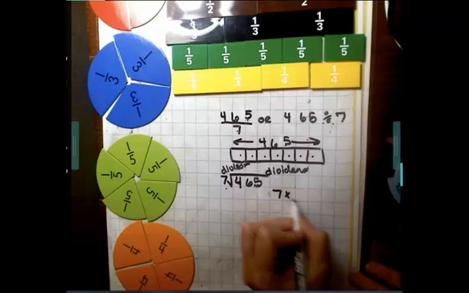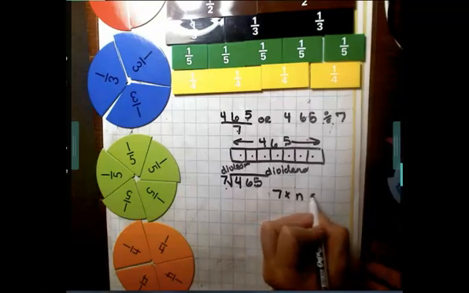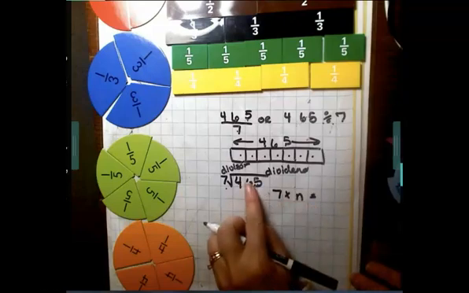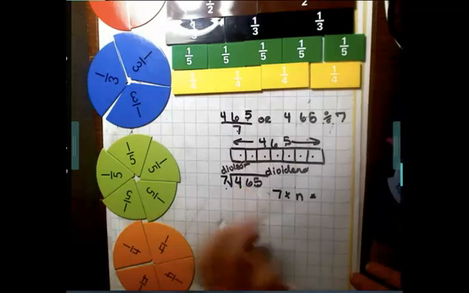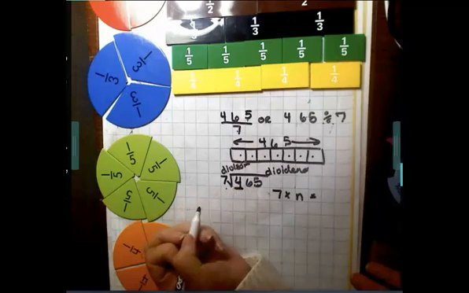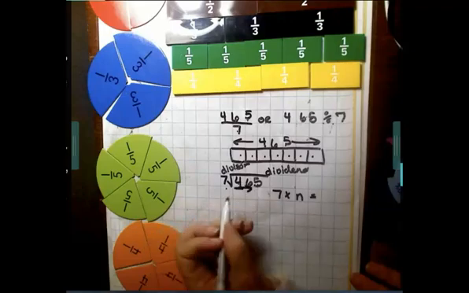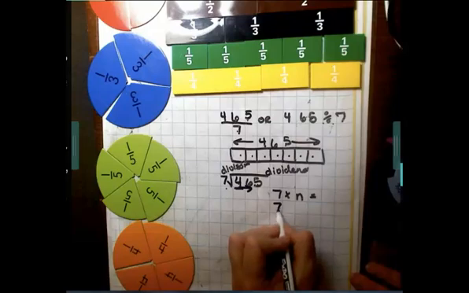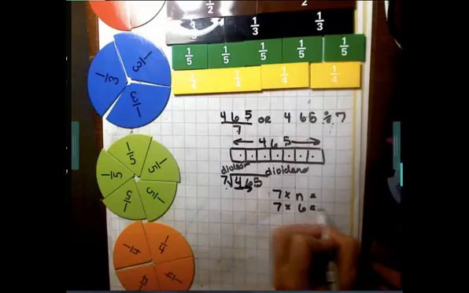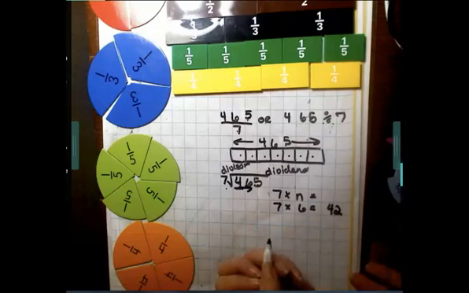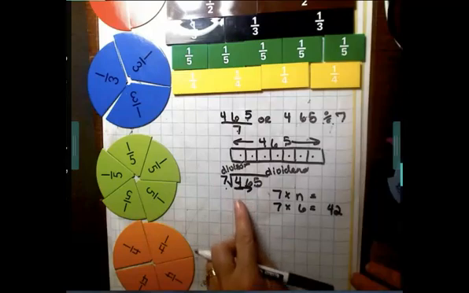So 7 times what number will give you multiples of 7 that you subtract from 465. Well, we look at the first digit, it's a 4. I can't take any 7s out of my 4. So I go to the second digit and I have 46. Well, 7 times 6 is equal to 42, right? So I could take a bunch of 42s away from